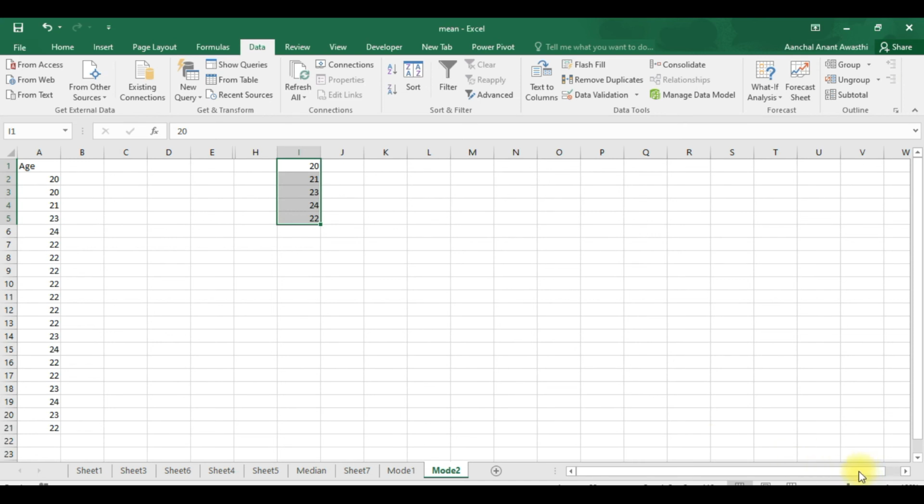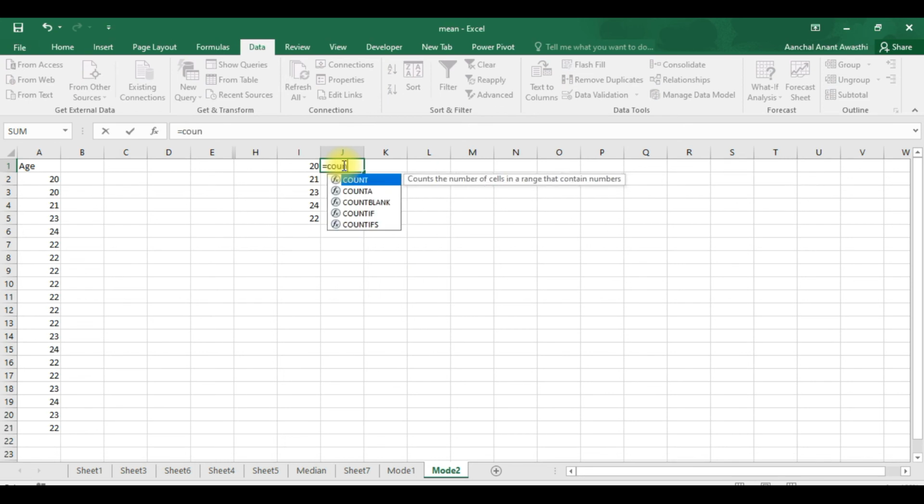Now we can use count function. Sorry, we will use countif. Count will simply count, but we have to count for a particular number. So we will use countif.